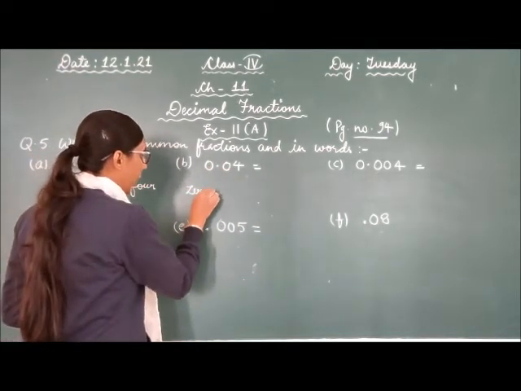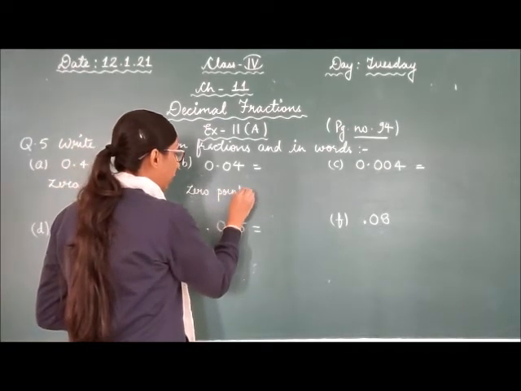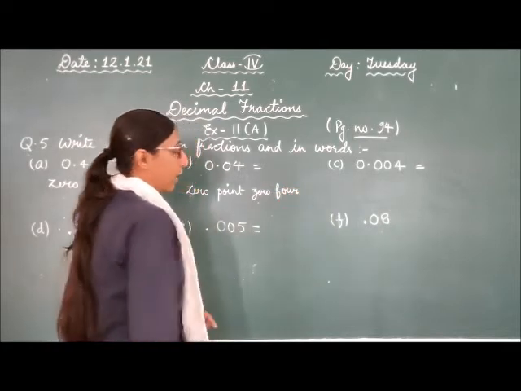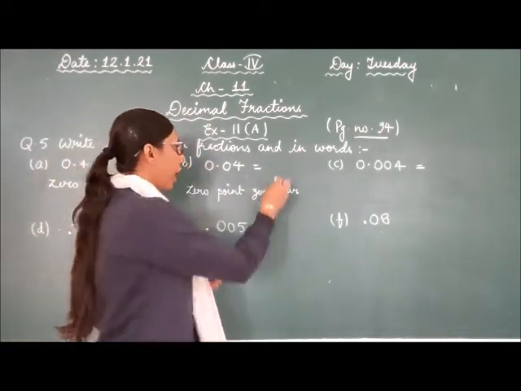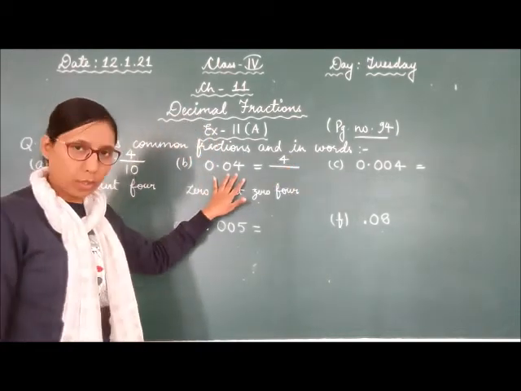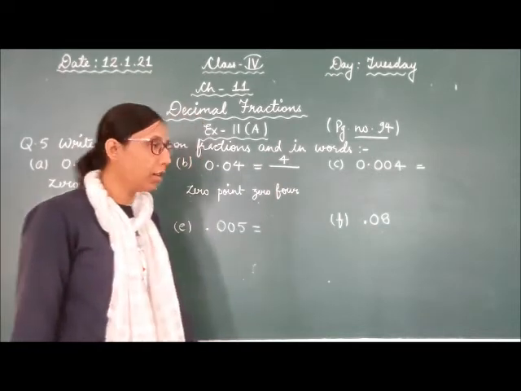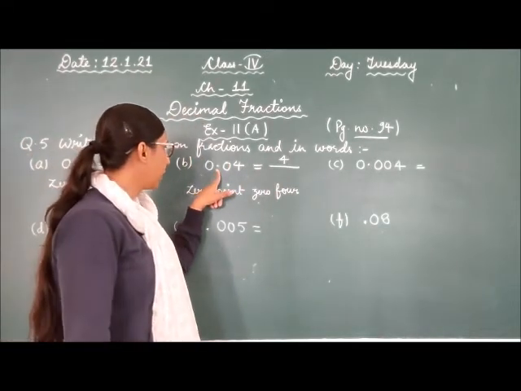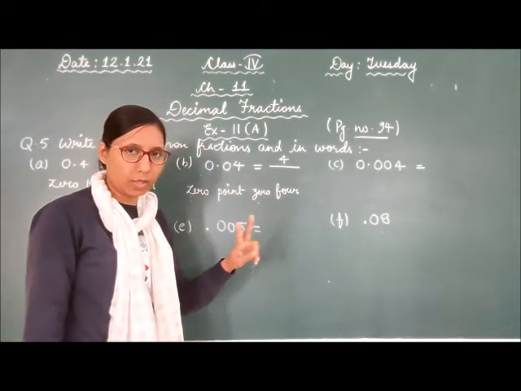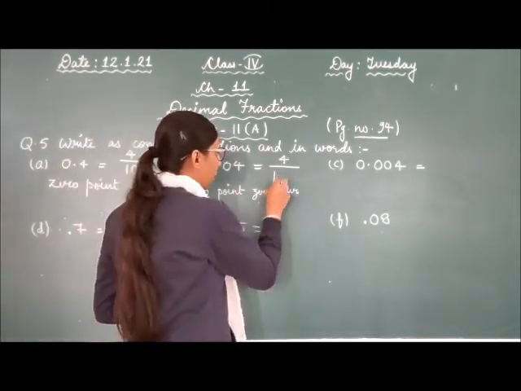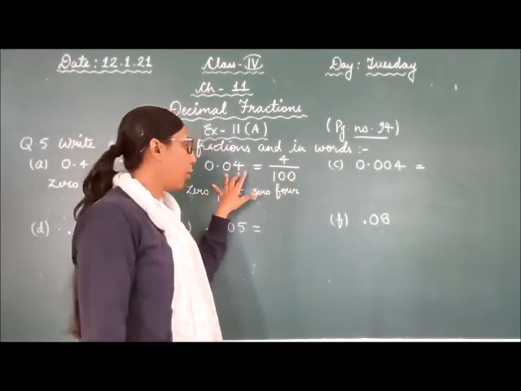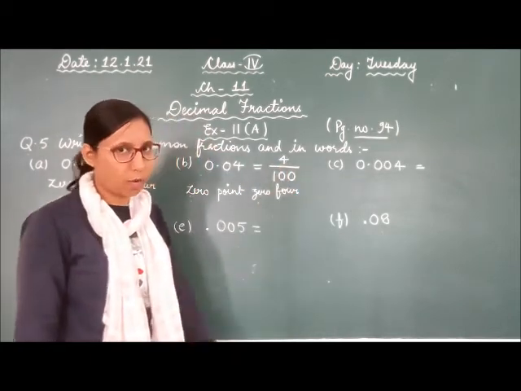So in words you can write 0.04, and as a common fraction it will be, again you will write whole number in the numerator part. Whole number is only 4 here, so 4 you are going to write in the numerator. Now count after decimal point how many digits? 1 and 2. After decimal point there are 1 and 2 digits. So according to this 2 digit you are going to write 100. So जब भी 2 digit होंगे after decimal point you are going to write 100 in the denominator.